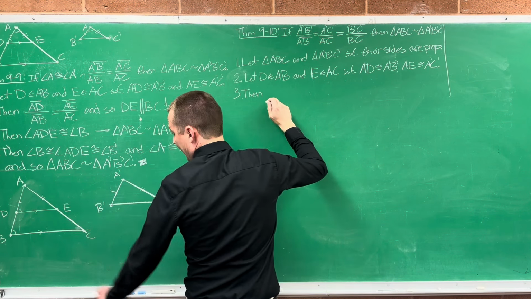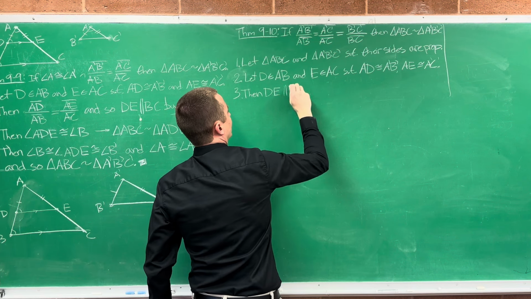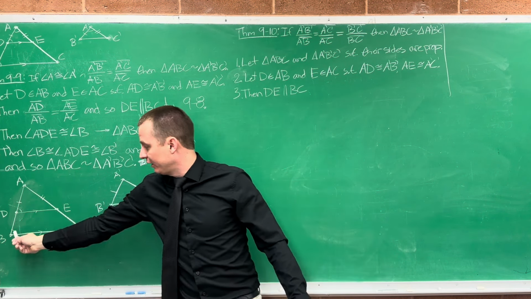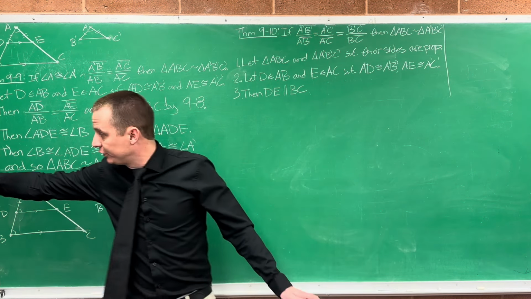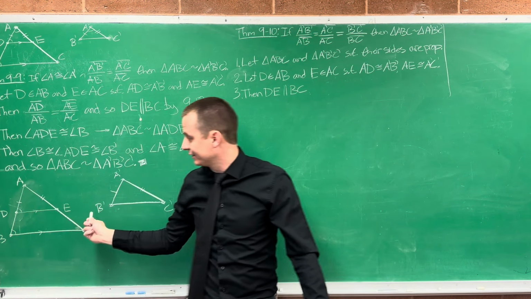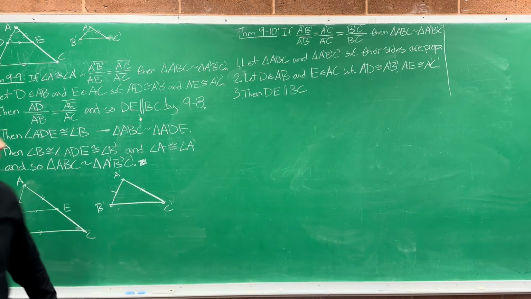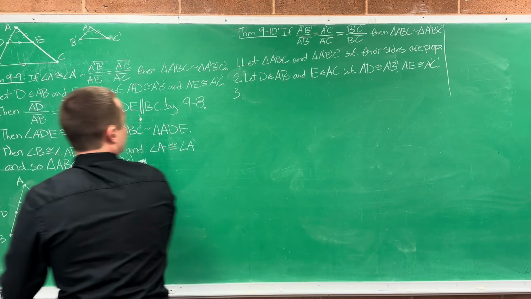Then I know that DE is parallel to BC. How do I know that? How do I know DE is parallel to BC? Because of theorem 9.8. This cuts the sides proportionally. Let's say it explicitly: since